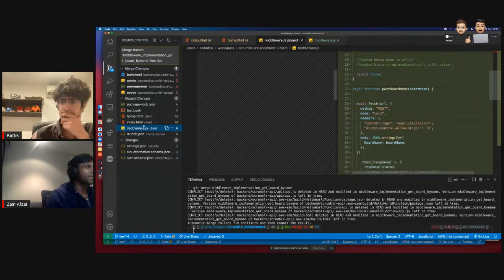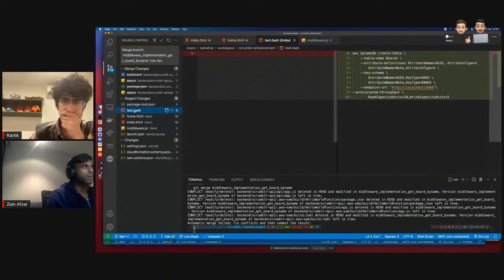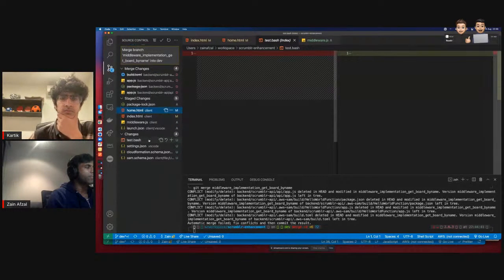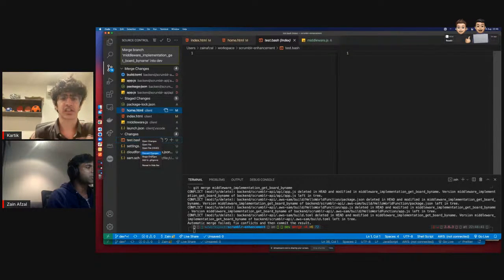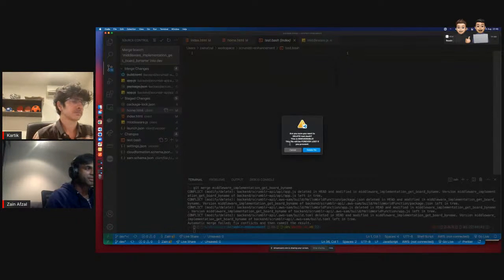Right, okay, cool, this is it. So I will test bash. I don't know what that is. That must be mine, which I don't really want, so I'll just get rid of that. It looks like something to do with local testing. Just discard the changes, don't delete it. It's asking me to delete it because it is a brand new file. Okay, let's delete then, it's already in the other branch, so it's fine.